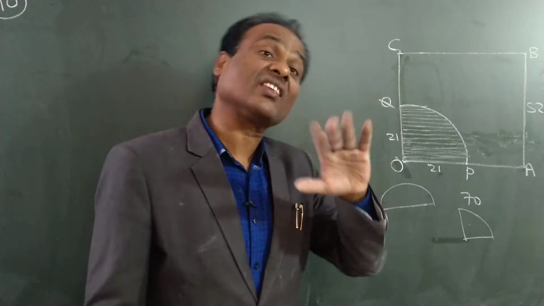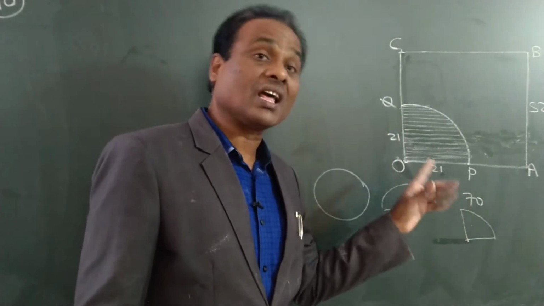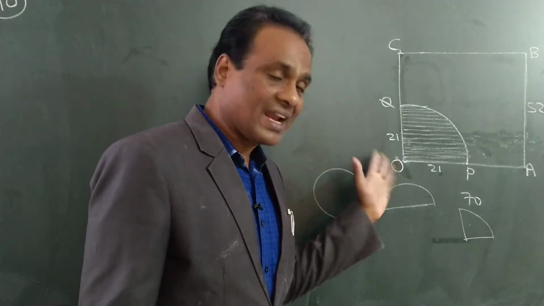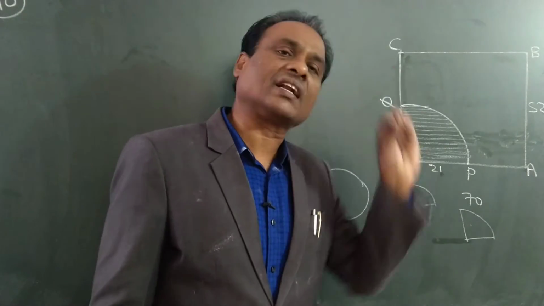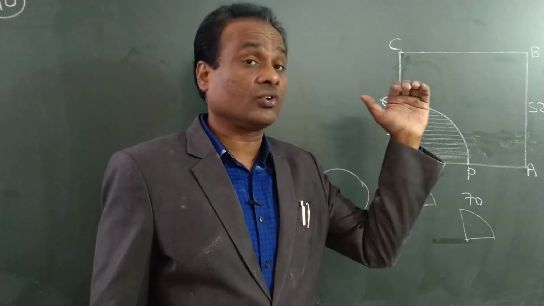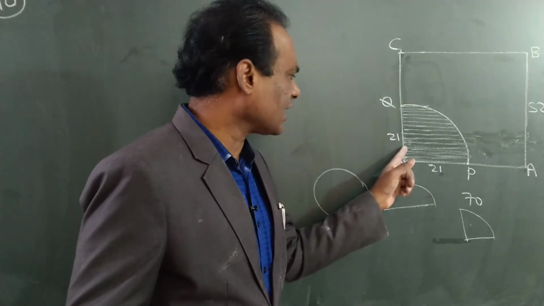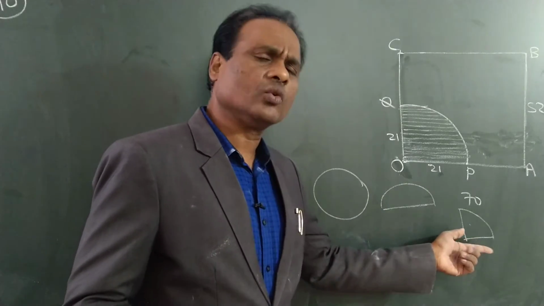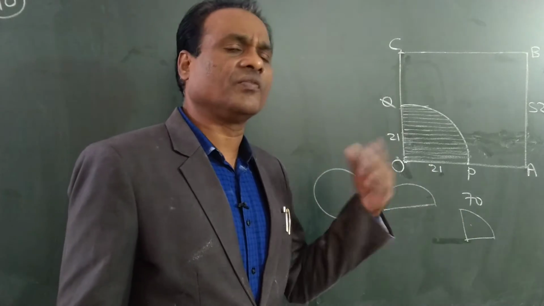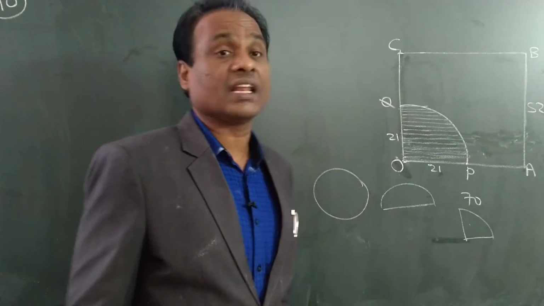Even so, we can call it a sector also. We can use the quadricircle formula or the sector formula. If the angle is not 90 degrees, definitely we have to use the sector formula only. In one problem it was 60 degrees, so we used the sector formula. Except that we never used the sector formula, because if the angle is 90 degrees we can use the quadricircle formula. If it is not 90 degrees, say 40, 50, 70 or 80 degrees, then definitely we have to use the sector area formula.